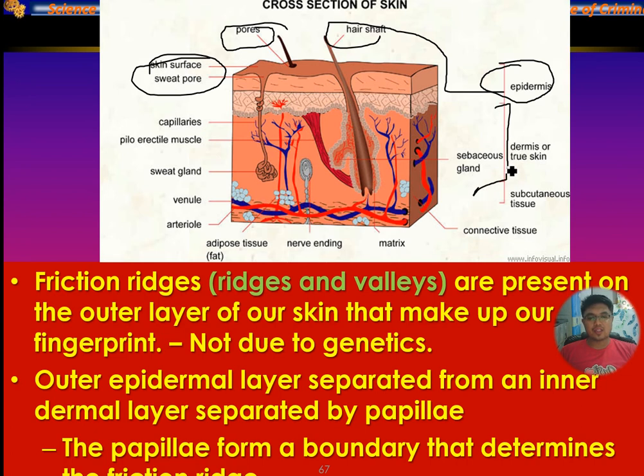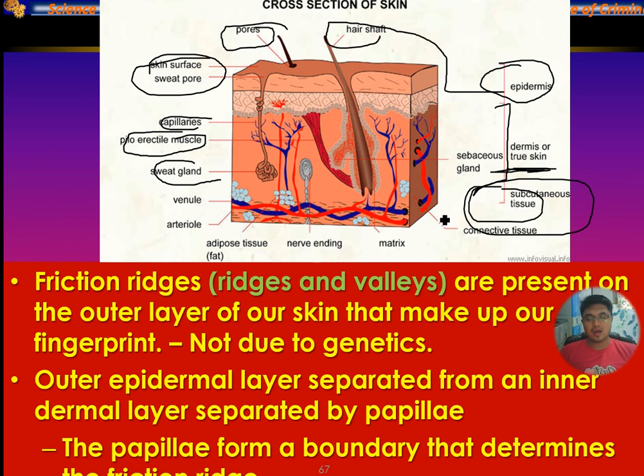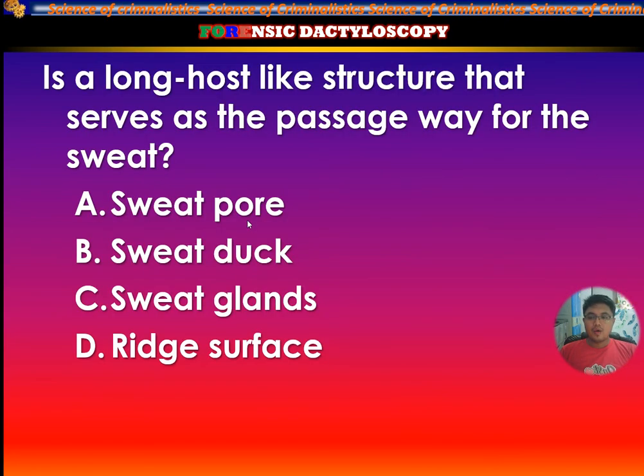And dito sa ating dermis, na ang isang tawag dyan, of course, is the true skin, we have your capillaries, the muscles, and the sweat glands that I have mentioned. And on the subcutaneous layer, or the hypodermis layer, you have the large veins there. So, moving on,